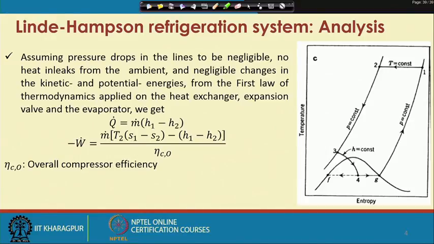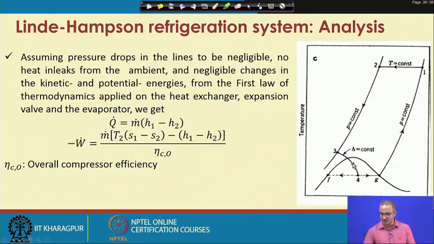We have assumed there is no pressure drop inside the pipelines, and because of this the fluid enters the heat exchanger, and at constant pressure it gets cooled until it reaches point 3. This point 3 may be adjusted somewhere; that can be the point of optimization. But somewhere we put the 3, so that from point 3 we expand the gas